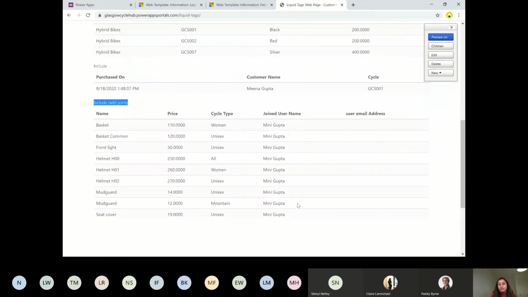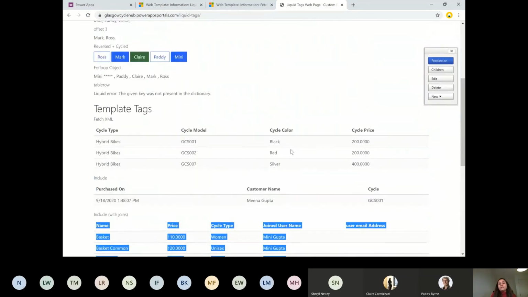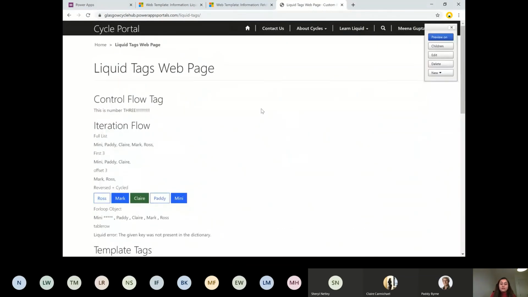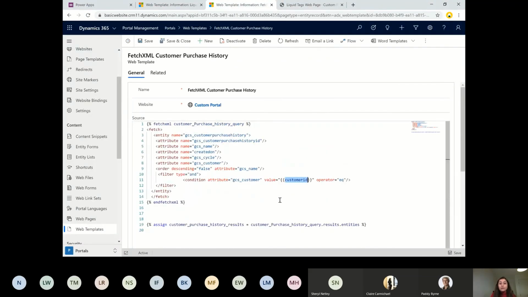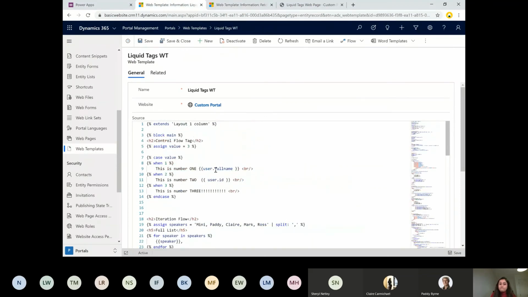So this is how we can query things and show them. This is about the basic Liquid syntaxes that we have seen today. You can definitely practice, and if you would like, just let me know. I'll share the code I've shown so you can practice with this and then write your own code.